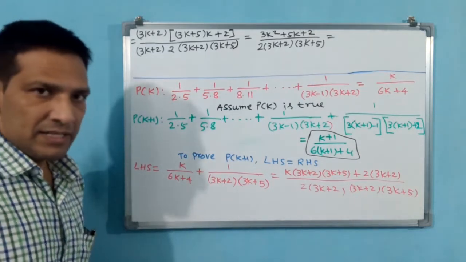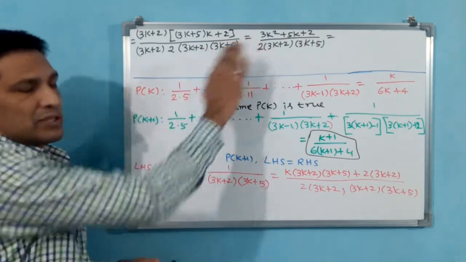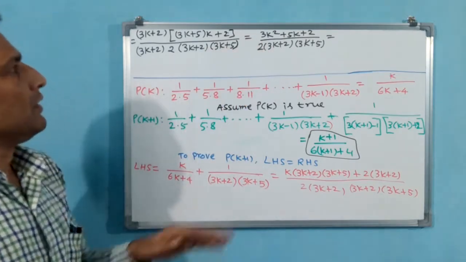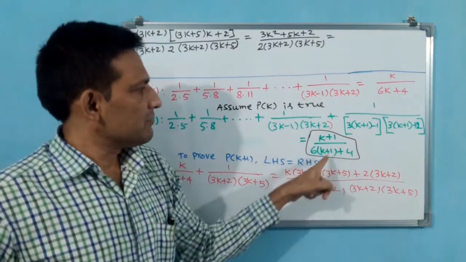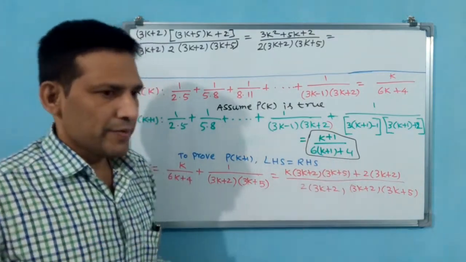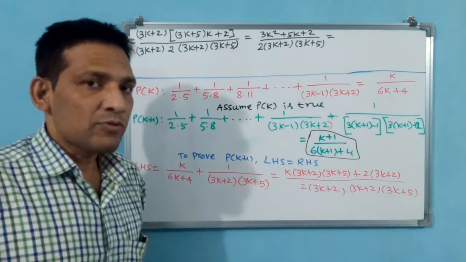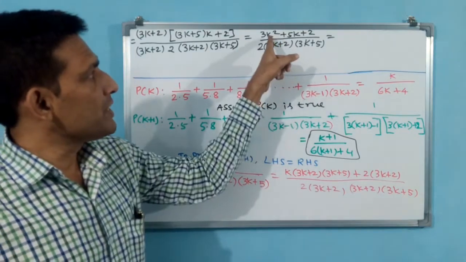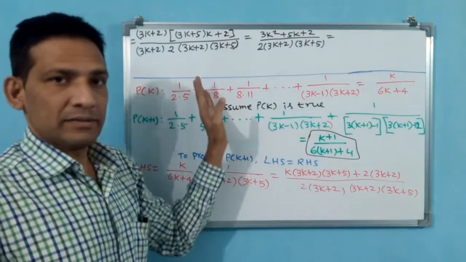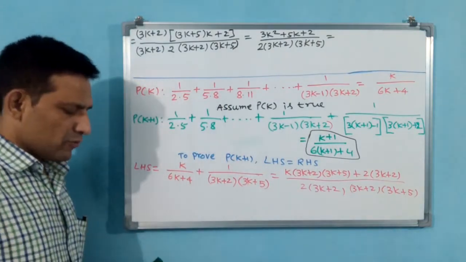Why? Because see, here what we have to do. This step is very important for us now. What has to come? k plus 1 by 6k plus 10 has to come. Okay, numerator k plus 1 has to come, means what we have to do? See, you can divide this numerator by k plus 1. Two forms will come. You see what I am going to tell.